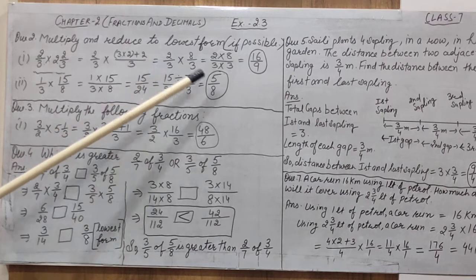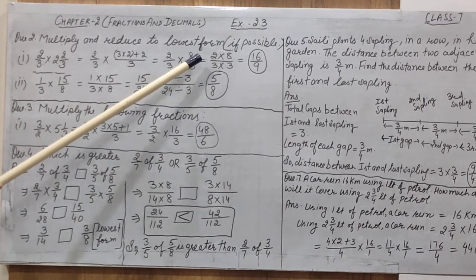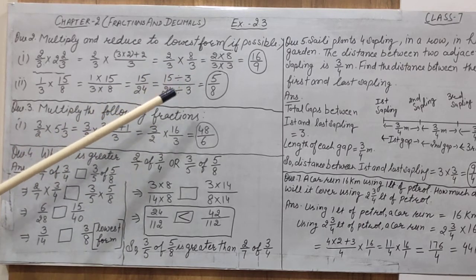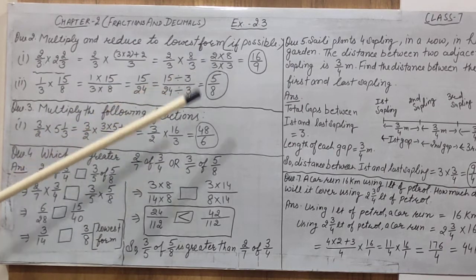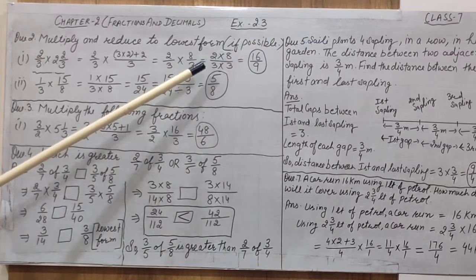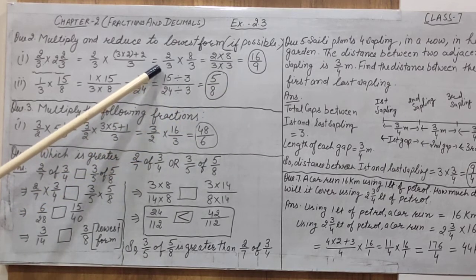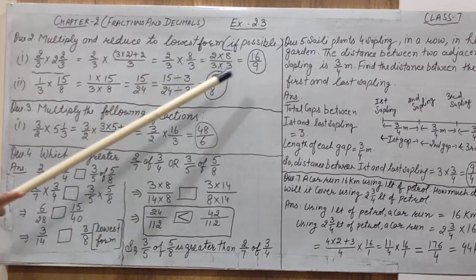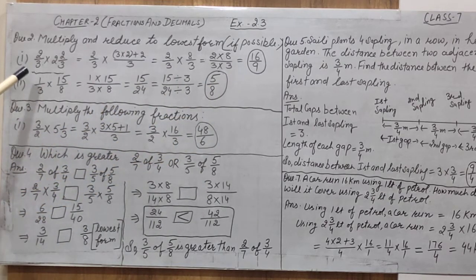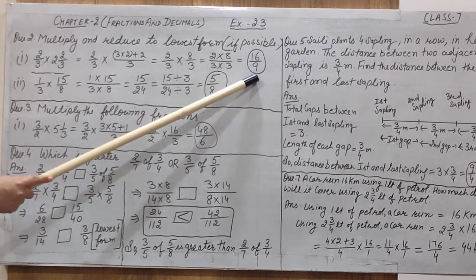Alright. When two fractional numbers are multiplied, what is the rule? The rule is that both the numerators are multiplied and both the denominators are multiplied. Numerator of first fractional number is 2 and numerator of second fractional number is 8. So result of the numerator is 2 multiply 8, that is 16. Next, the denominator of first fractional number is 3 and the denominator of second fractional number is 3. So when we multiply 3 with 3, we get 9. So result of the multiplication of these two given fractional numbers is 16 divided by 9.